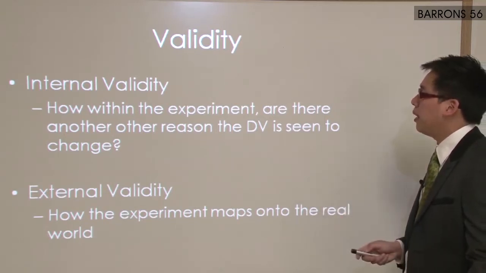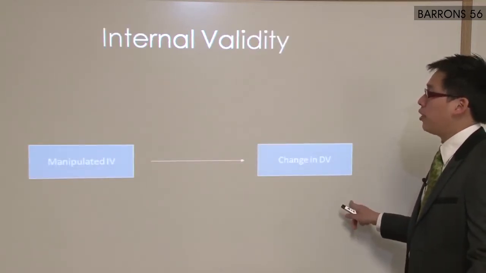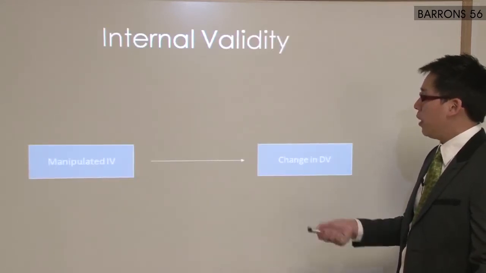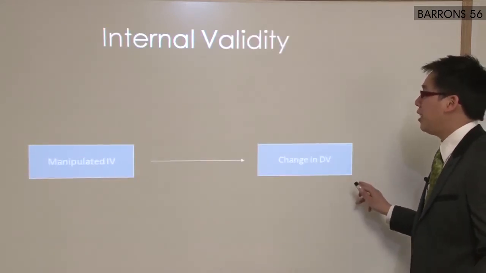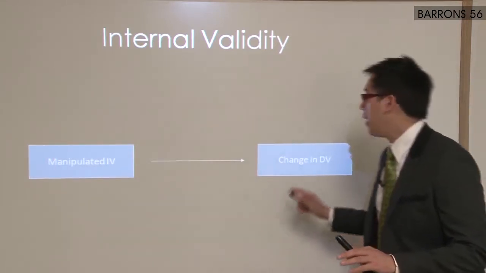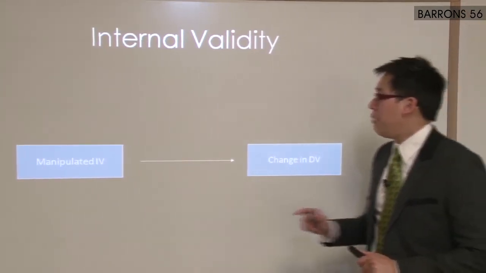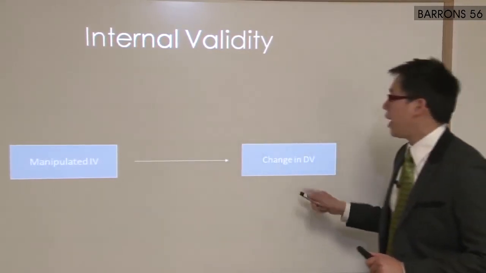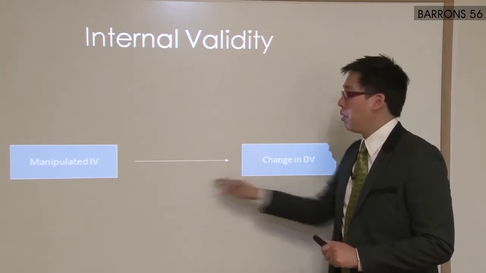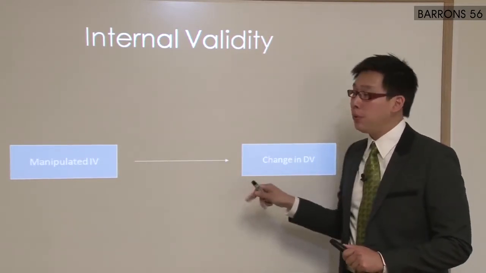First, internal. So this is the basic idea that you want in your study. You manipulate your IV, and that leads to changes in the DV. Nothing else matters, right? I raise the heat, you guys react more violently. I make you watch more violent TV, you react more aggressively. This is the internal logic of your experiment. This is what you want to prove.